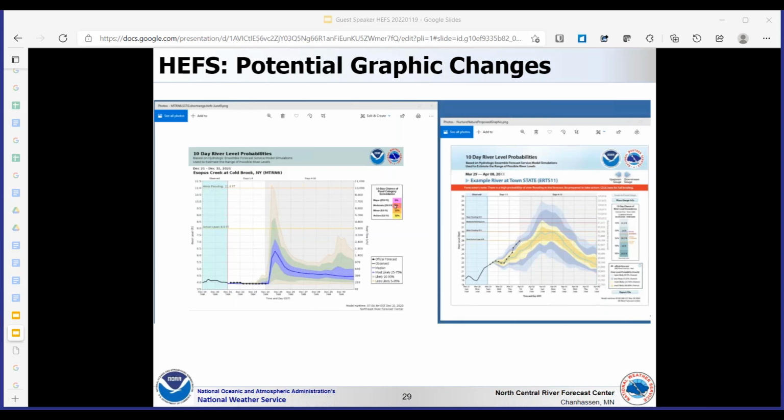It doesn't account for everything, but it does incorporate some of the recommendations. To fully get to the proposed graphic on the right, we will need a whole new application for graphic production. So I just wanted to show you this so you know that things are being worked on behind the scenes to make these graphics and products more and more useful.